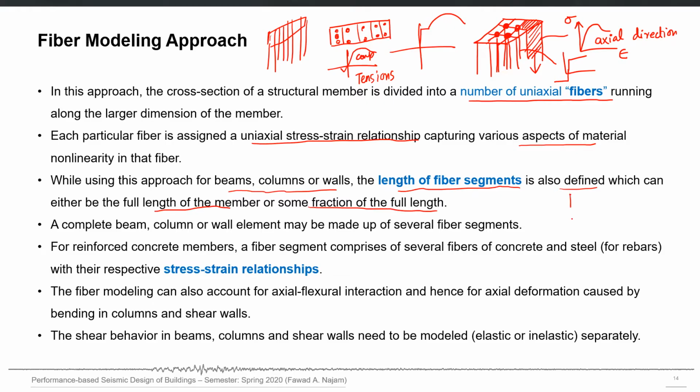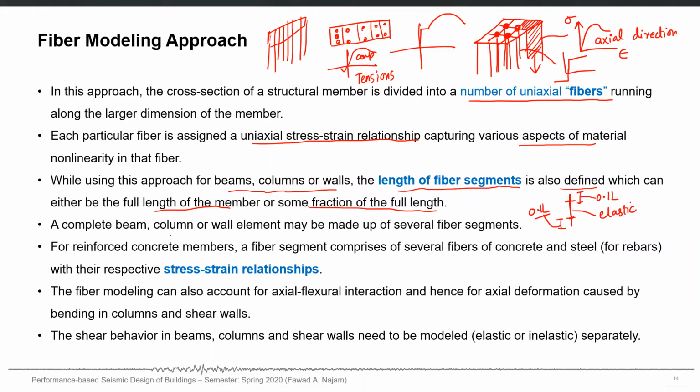So you may say that this is my column. Fibers should run up to this length, which can be 0.1 times the total length, and on the other side also maybe 0.1 times the total length. In between there can be an elastic element for that column. This will save your analysis time. But you can do this only if you are expecting the inelastic action at the ends only. If you are expecting the inelastic action in the middle also, then you should better run the fibers along the whole length, not up to a certain proportion of the length.